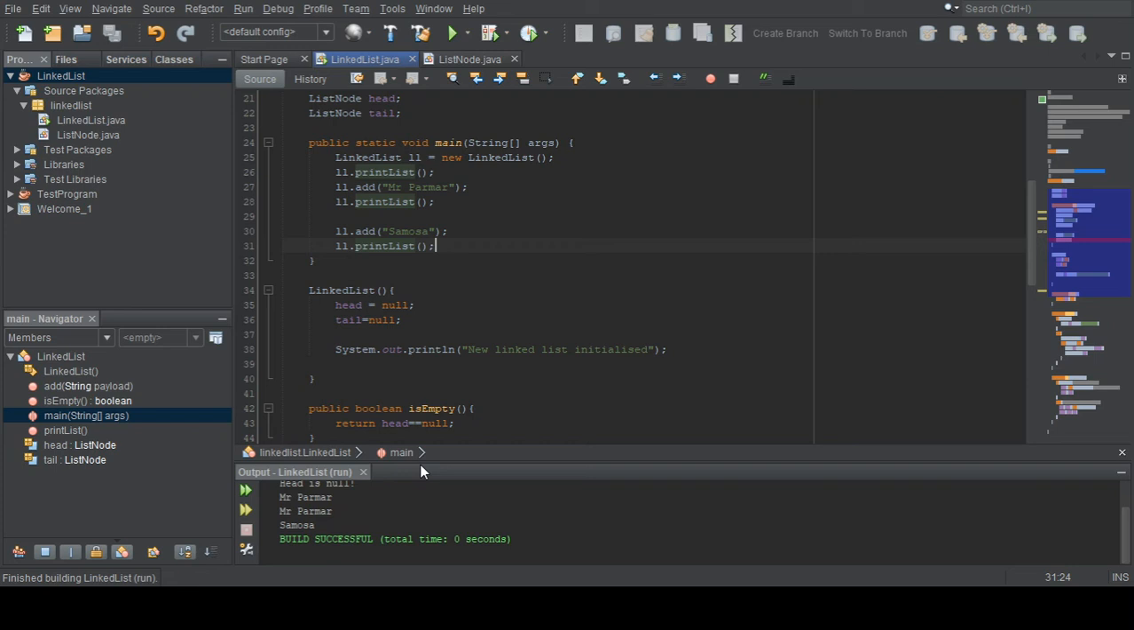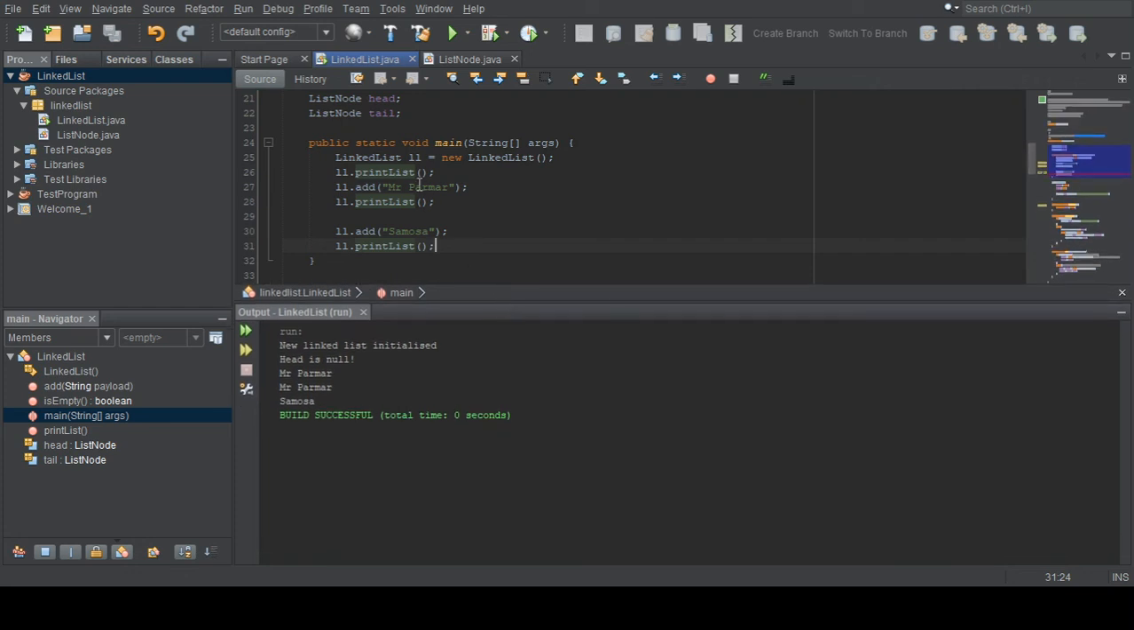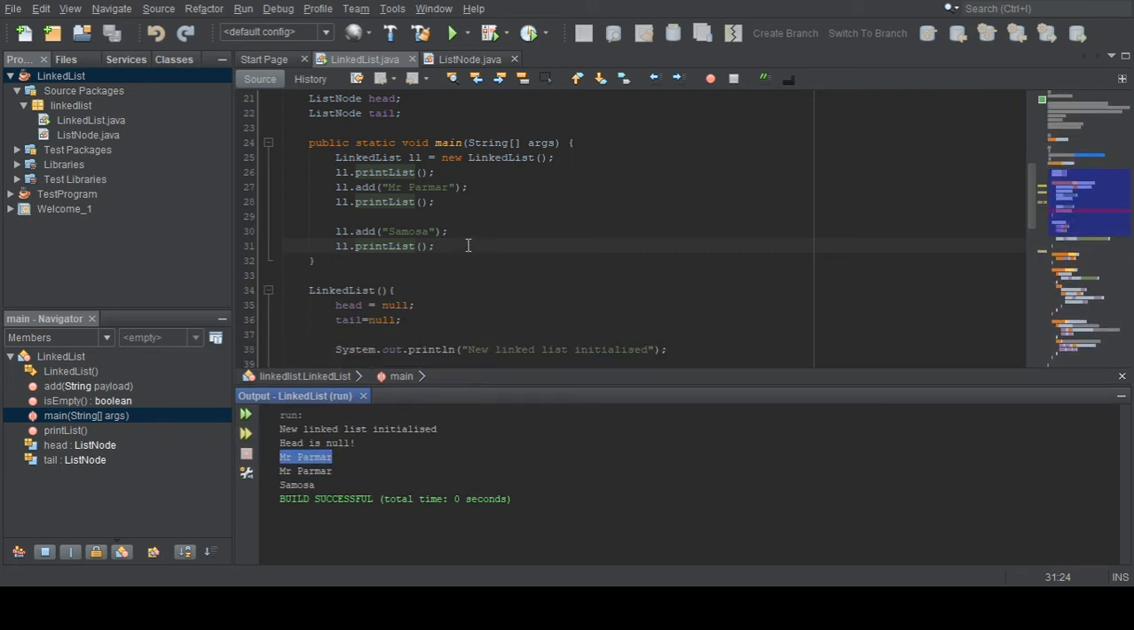Right, so come on, drag up. There we go. The first time we ran it, okay, print list, we got head is null. Then we added Mr. Palmer and we printed the list and it printed out there. And then we added samosa and we did print list again and it printed out those two things. Now if you don't believe me, all right,